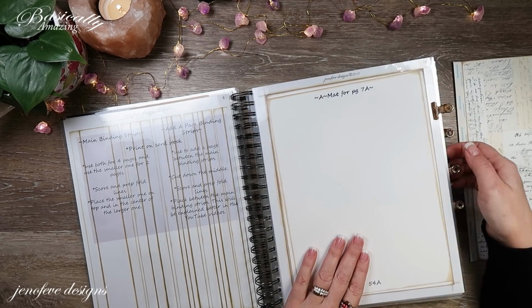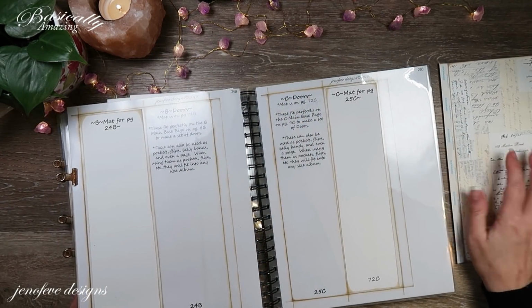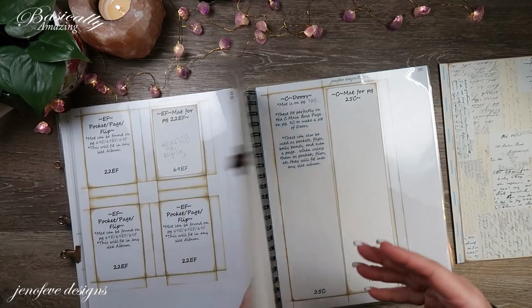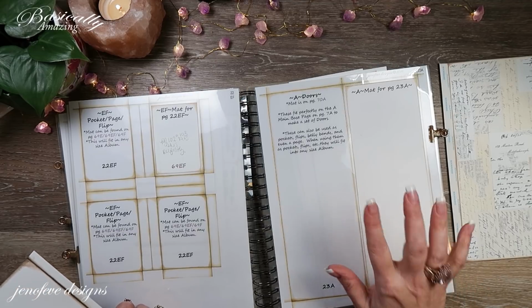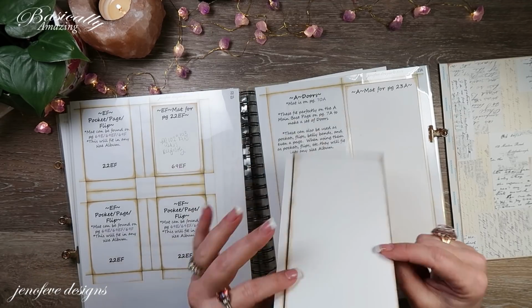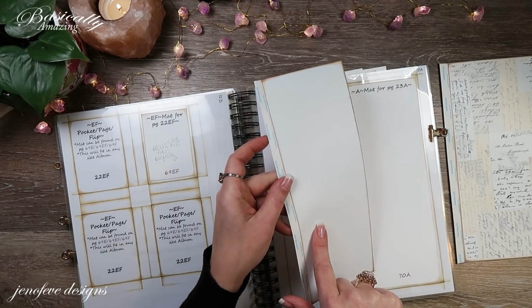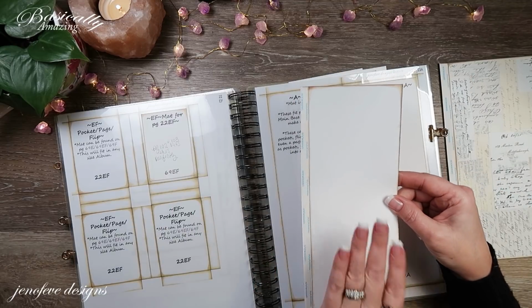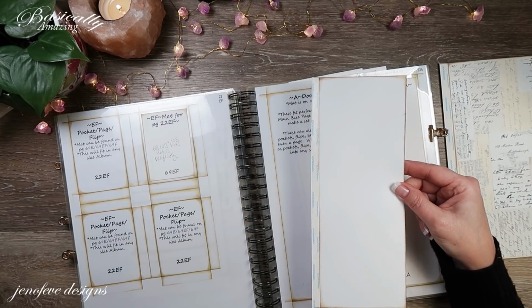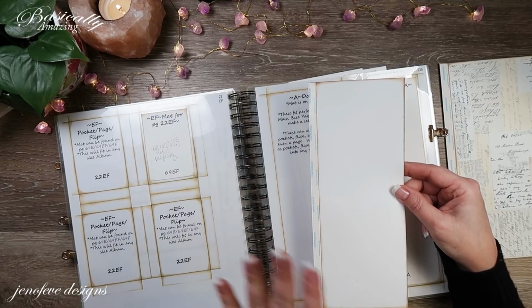Okay, the next we're gonna need, this is 1 per fin, the 7A, 1 per fin. And then the next thing is page 23A. I printed 1 off onto white cardstock. We used 1/2 on one fin, and then we're going to use the other half on this fin. And the reason I chose this page is because you can use the large cutoff pieces, and we have 2 of those so far, and I've already used 1 in the other fin, so we're going to use the other